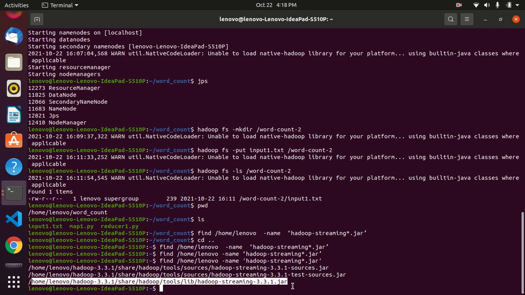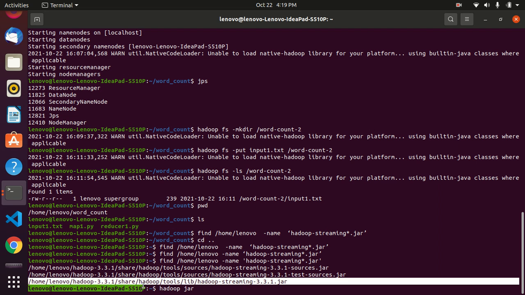So we will copy this and use it in our Hadoop jar command. The command is hadoop space jar, and we need to give the path of this streaming jar file, so we will copy it.